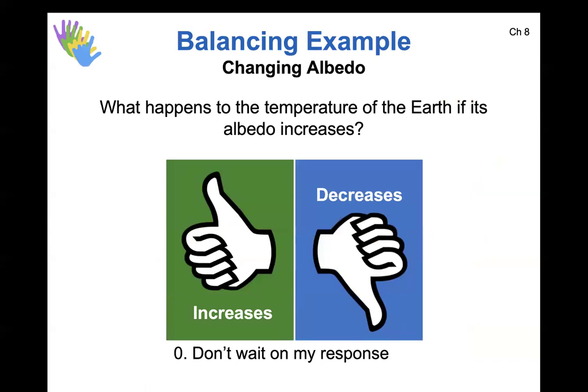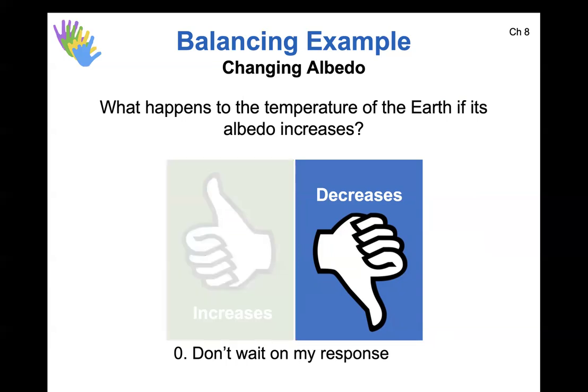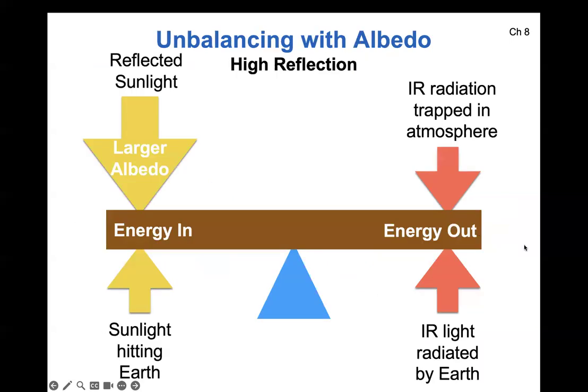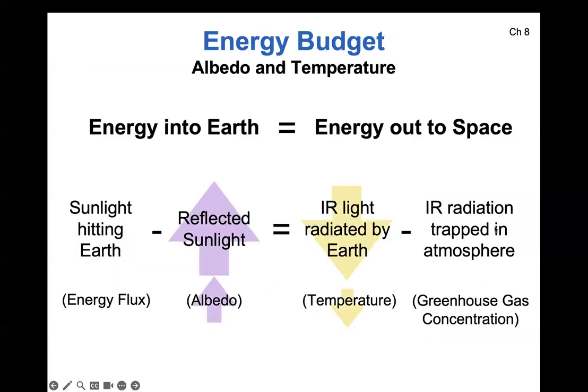So this is just some other cases, just to show that the CO2 case is what we care about when we talk about climate change, but there could be other types of change, and they all follow the same rule. So I'm just going to quickly go through these. So the temperature would decrease because of more reflection. What that would look like in the equation version is the reflected sunlight would go up, but the greenhouse gases remain the same, right? So there's no change in the atmosphere, but just a change in albedo.